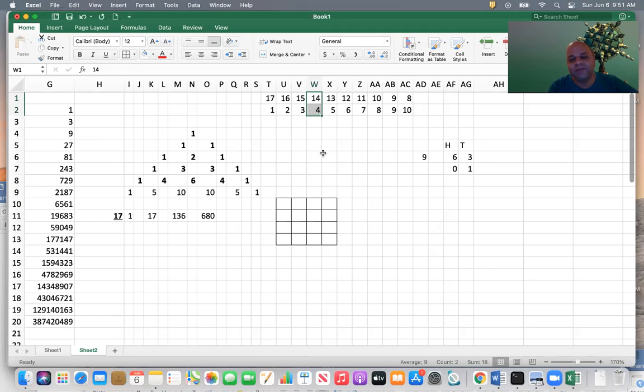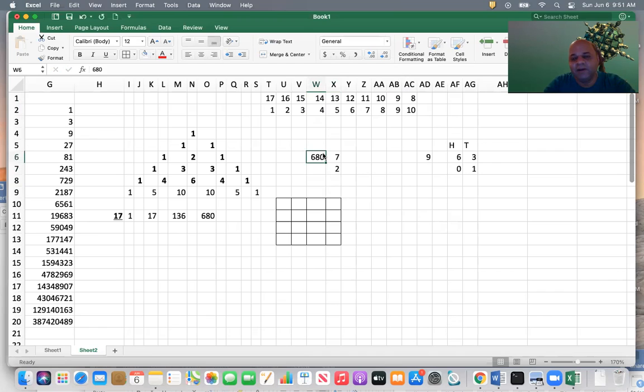Okay, 14 by 4 is first of all 7 by 2. Now if you take 680, 680 is an even number, so it is divisible by 2. And then 680 by 2 is what? 340. 340 into 7. You want to do it? We can just do it using the calculator.